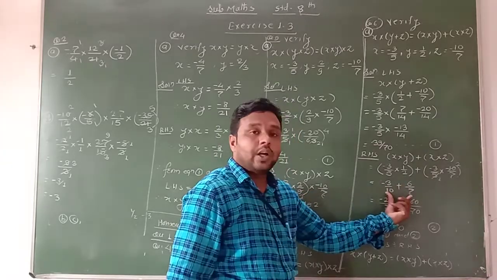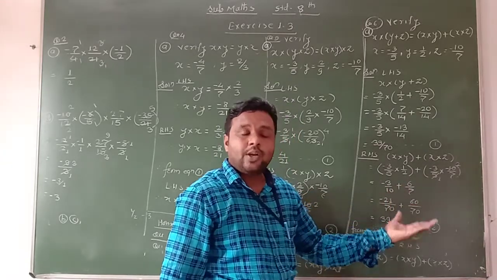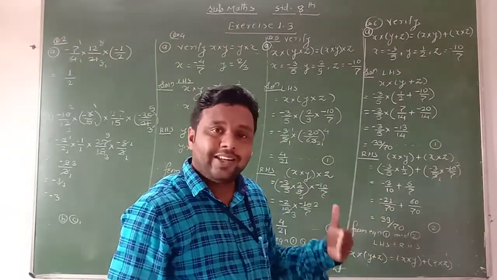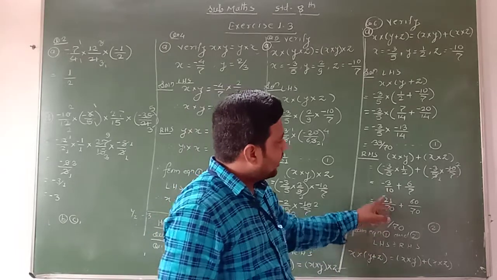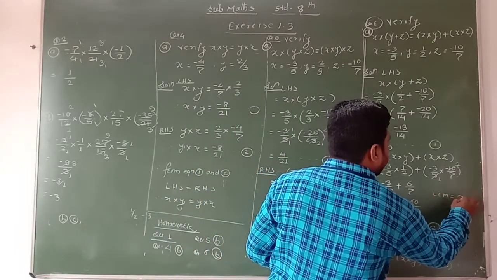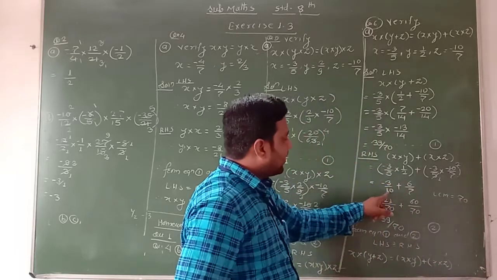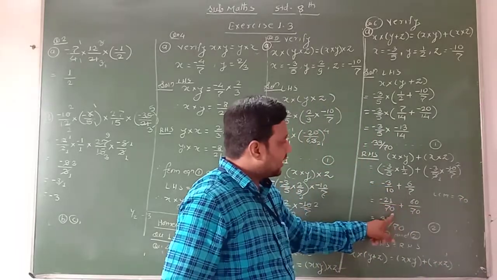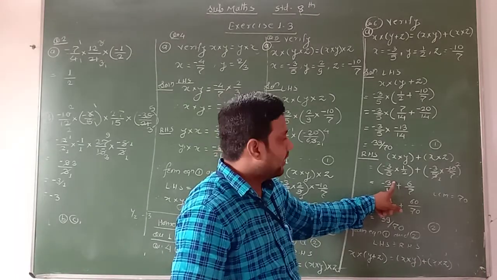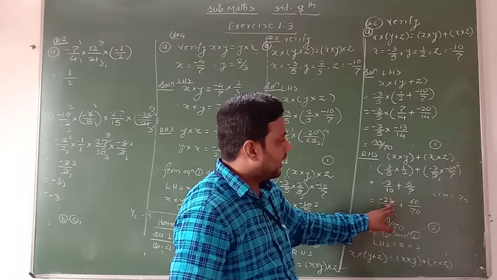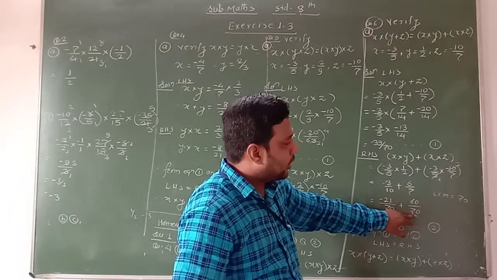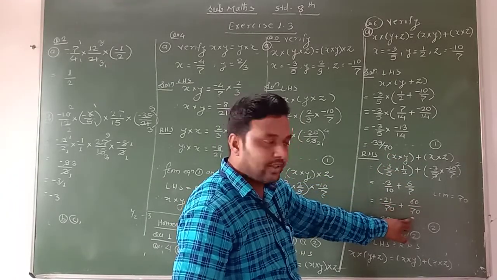Now here we have to do the addition of the rational numbers. And for addition, what do we have to do? We have to make the denominators equal by taking their LCM. What is the LCM of 10 and 7? That is 70. Therefore here we multiply 10 with 7, it becomes 70. Therefore here I multiply minus 3, that is the numerator, by 7. Minus 3 into 7, here we get minus 21. Clear? Similarly 6 upon 7, here we write with denominator 70, that is 60 upon 70 we get.